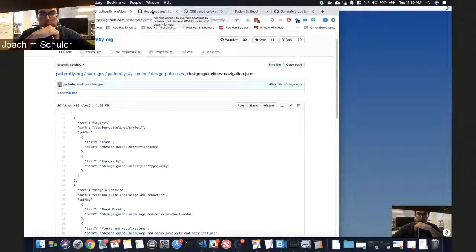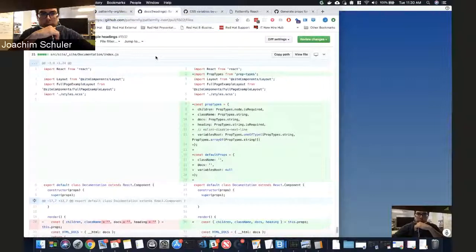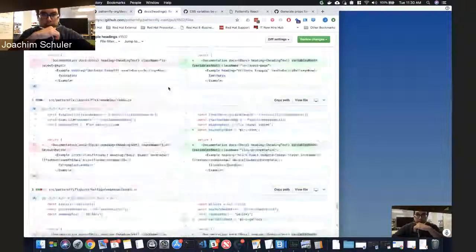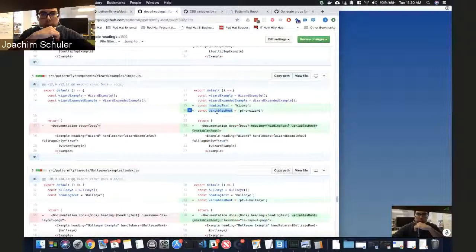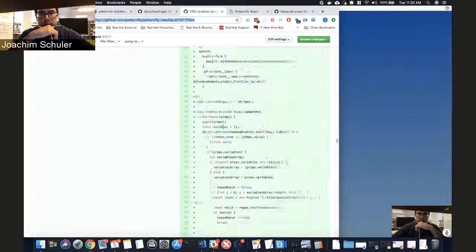Next, to support the CSS variables that Stacy was just talking about, I went through the React and core repositories and basically added an additional field called variables root to the various components and layouts that we have. Also in core, I noticed that some heading texts were missing, so I added those where needed. And to make that better in the future, I also added some props validation in core so that the heading text is required now. So this is for core, and then these are the changes for React in order to support global and